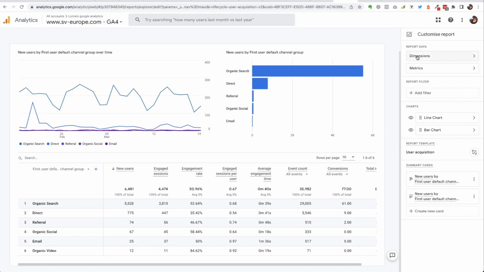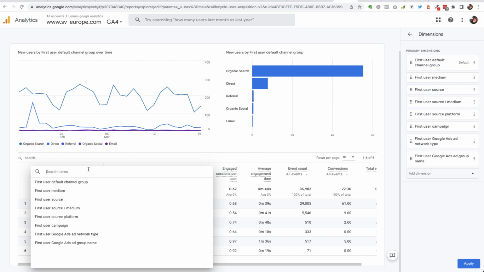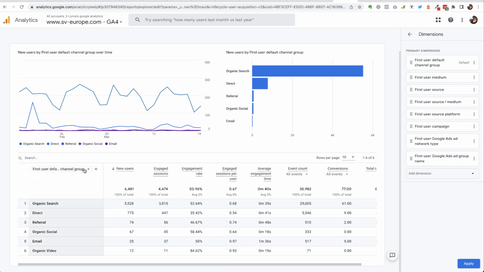So first of all, if you have a look at dimensions here, it is showing us by default, the dimensions are down the left-hand side, the rows of the report. It's showing us by default the first channel group, but if we preferred, we could change that to any one of these other options, medium or source or whatever. These are all available in this little drop down as well, so you can access all of them when you're looking at the report. It's just saying you can change the default if you wanted to. So at the moment the default is the first channel group, but if I wanted to, I could change the order